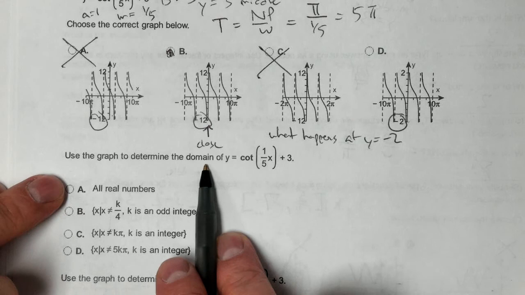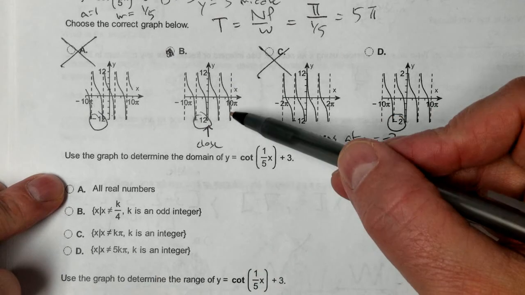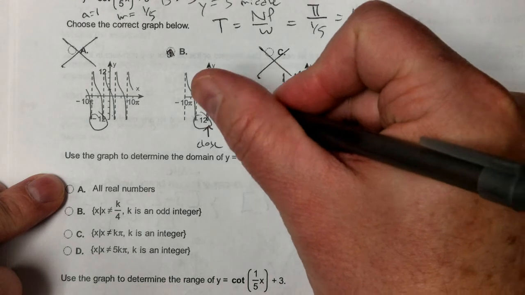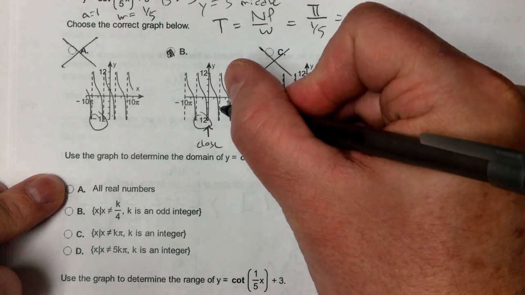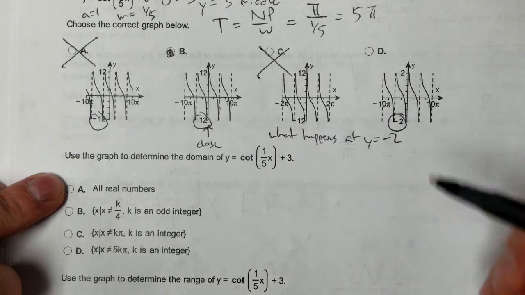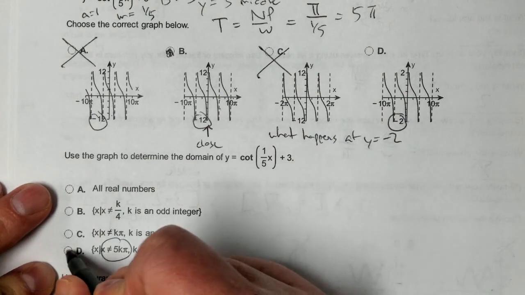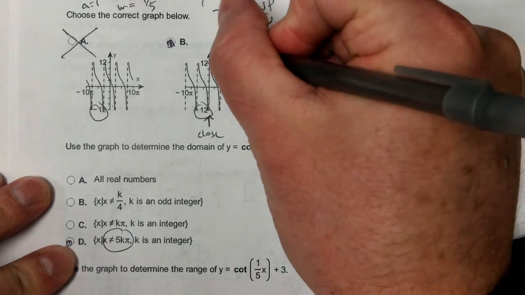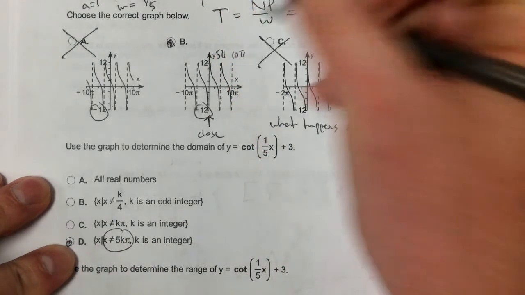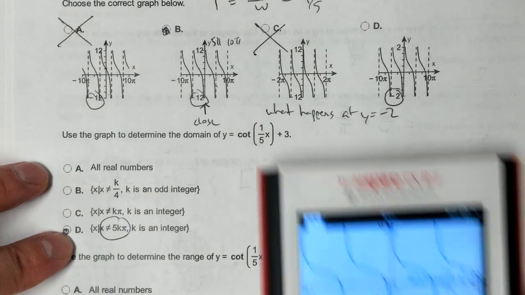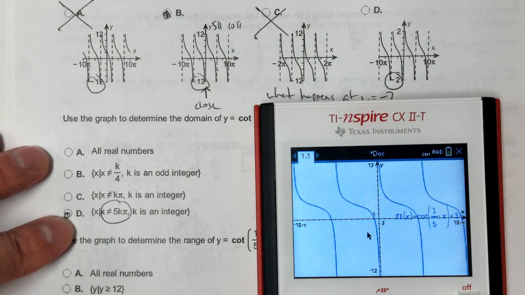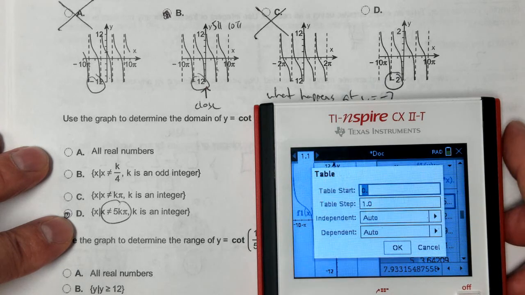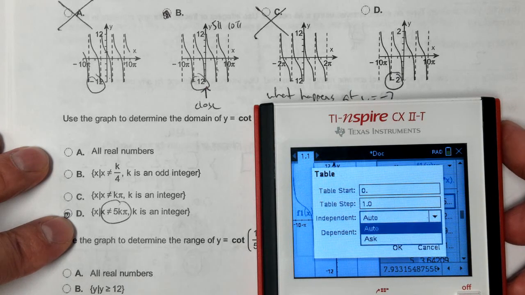Okay, for the domain, we know that if you just look at your graph, 10 pi has an asymptote, and when you take half, 5 pi would also be an asymptote. And so I know it's going to be D because of having asymptotes at 5 pi and 10 pi. Again, if you want to use your table for that, you can. Control T, go to your settings,